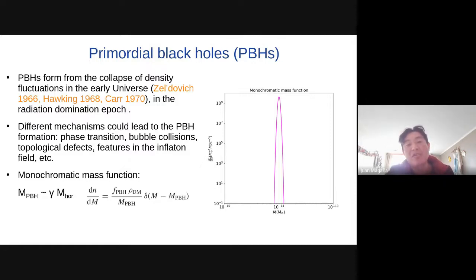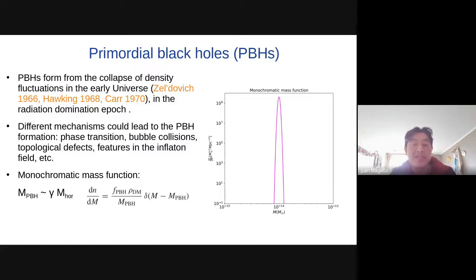For example, when the reheating finished, and there are many mechanisms that could lead to the formation of primordial black holes, for example, phase transitions, also some features in the inflaton field. And the simplest way to describe these hypothetical primordial black holes is through a monochromatic mass function.